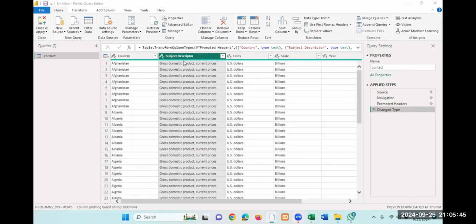Now, you can see what I just showed you. I don't want this column, I don't want this column, I don't want this column. Why? They are not useful for me in my analysis. They are making my data set, my query, too big. And we call them redundant columns. So to remove this redundant column,